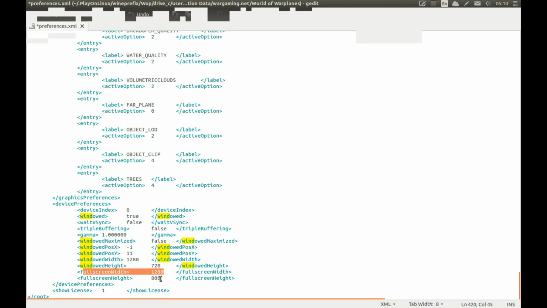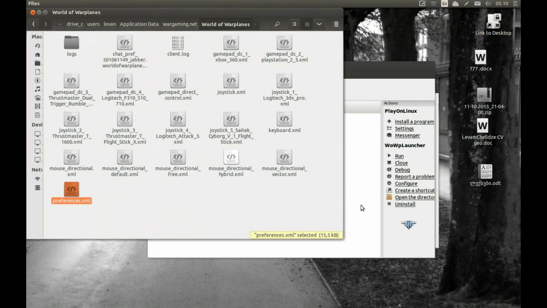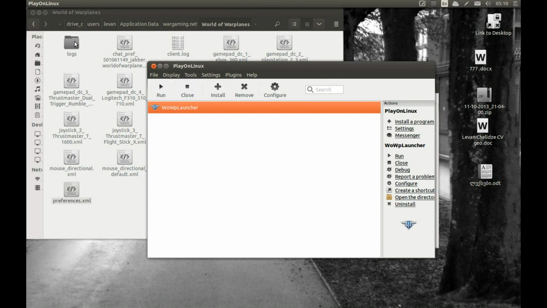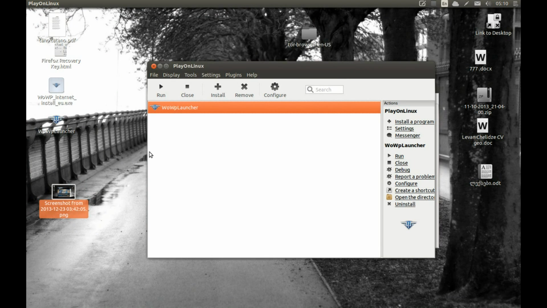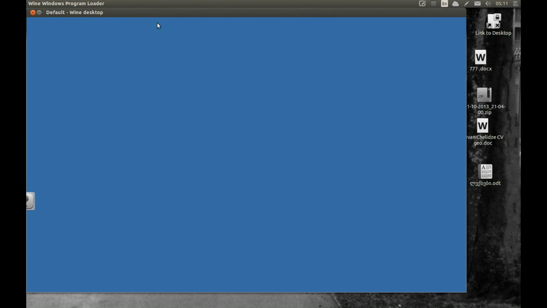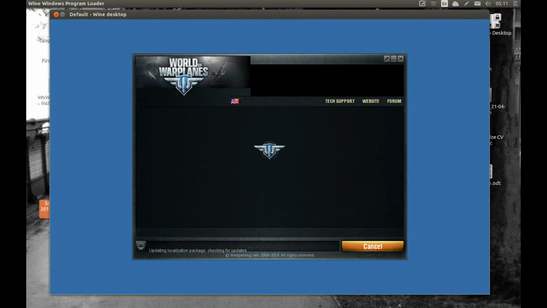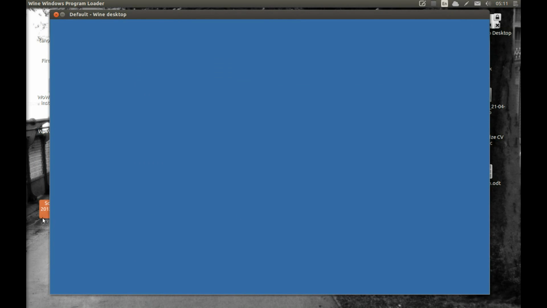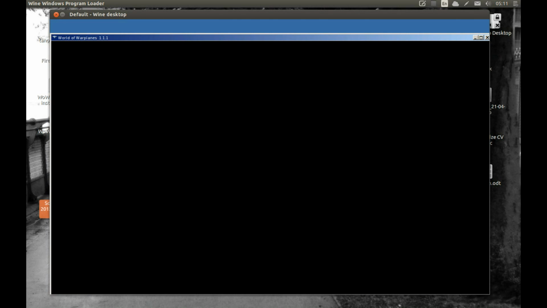Let's close this and start the game. Press play. Okay, as you can see the window shrank. Let's put it in the right place. Okay, this looks like a nice place. When it's in windowed mode,